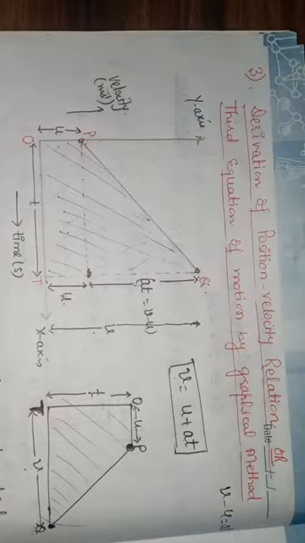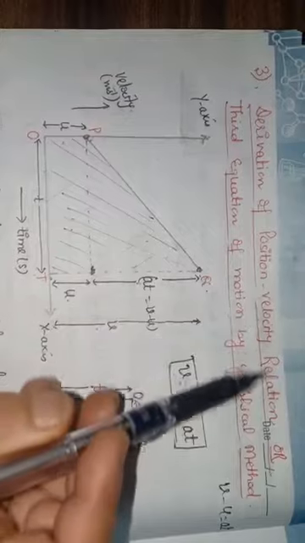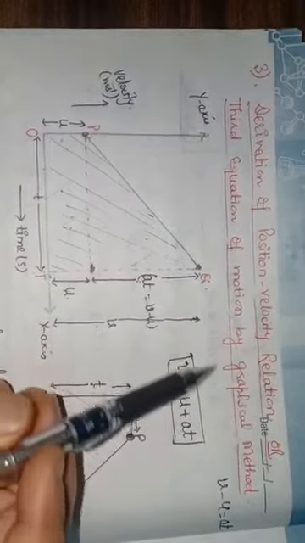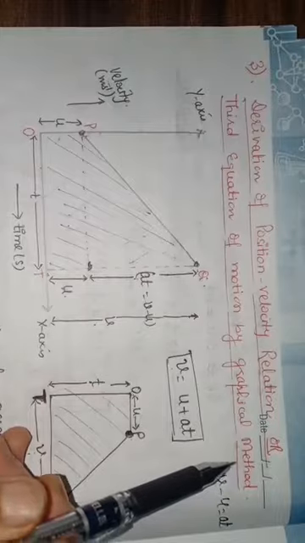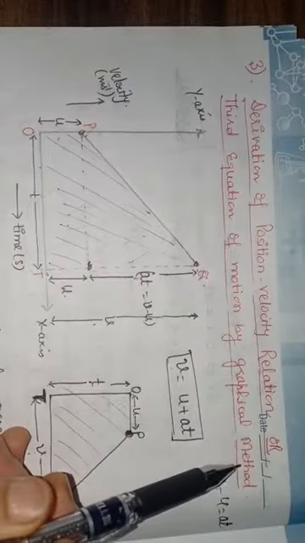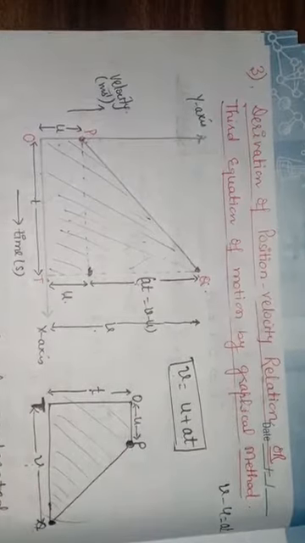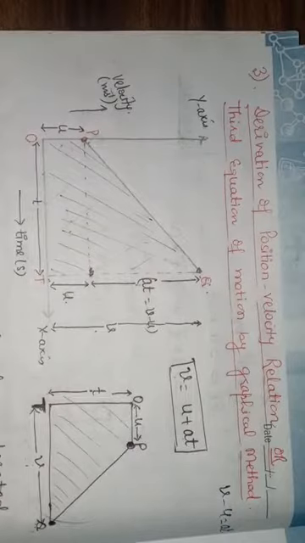Students, in our previous lecture we have studied the derivation of the second equation of motion. Today we are going to study the derivation of the position velocity relation, or third equation of motion, by graphical method. As you know, by graphical method we use the velocity time graph for uniformly accelerated motion when the object